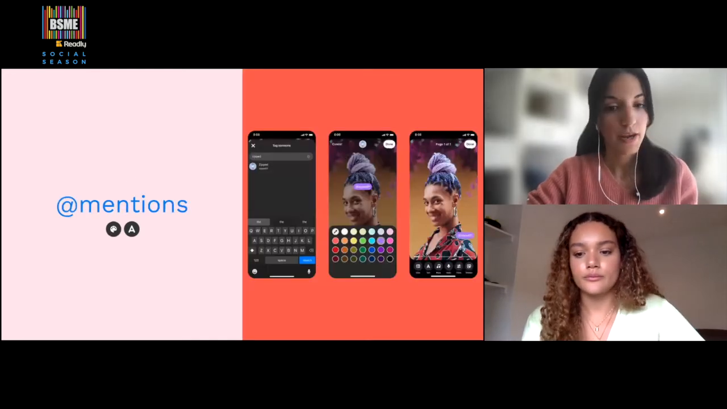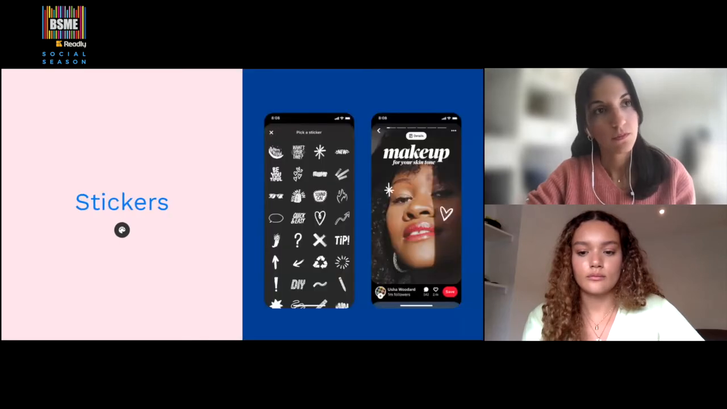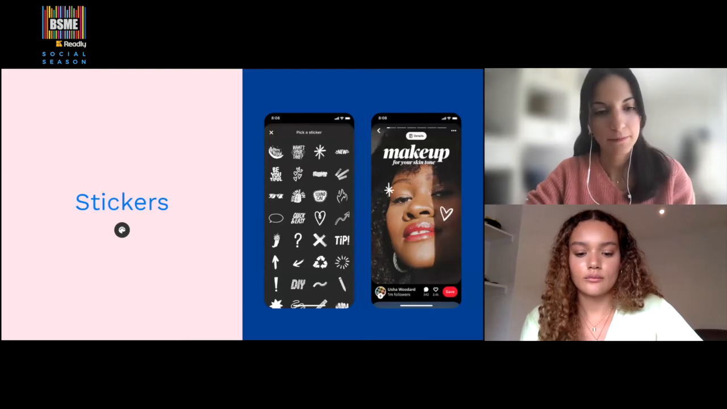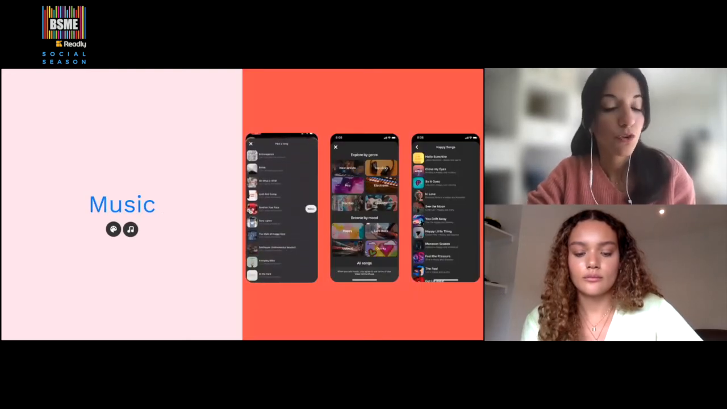You can tag a brand or a creator you've been working with thanks to the ads mention. You can also add stickers to your pages, switch up the colors and sizes of them for the perfect fit. And you can browse the music library by mood, for example, to find the perfect track to complement your idea